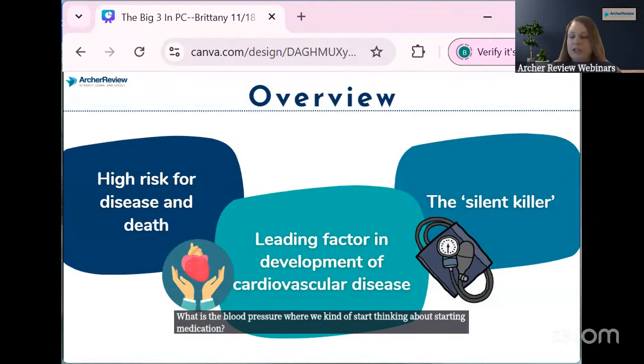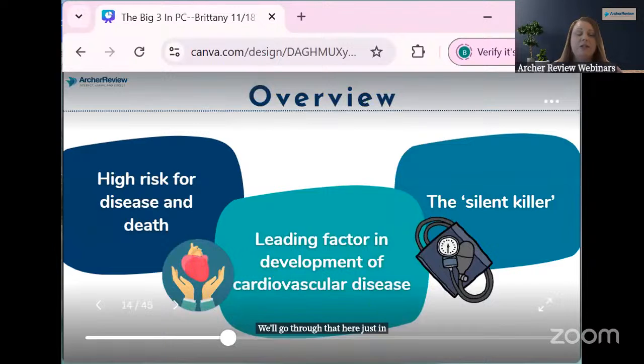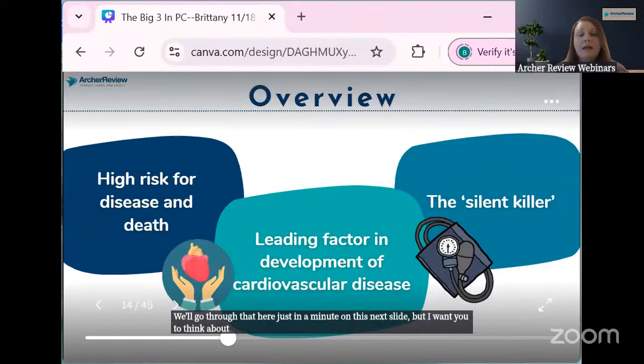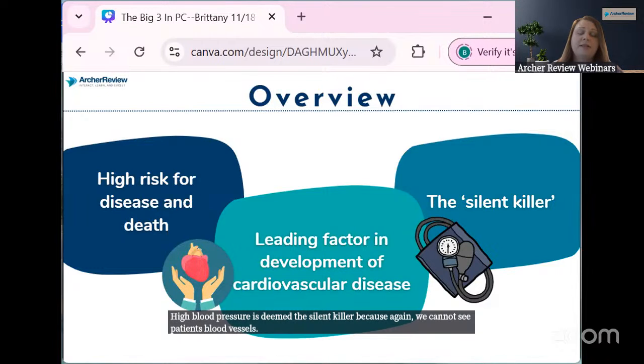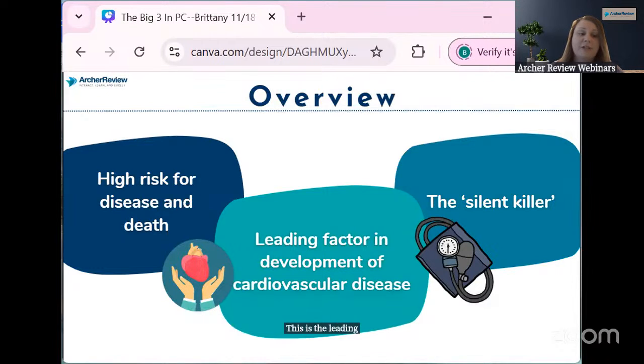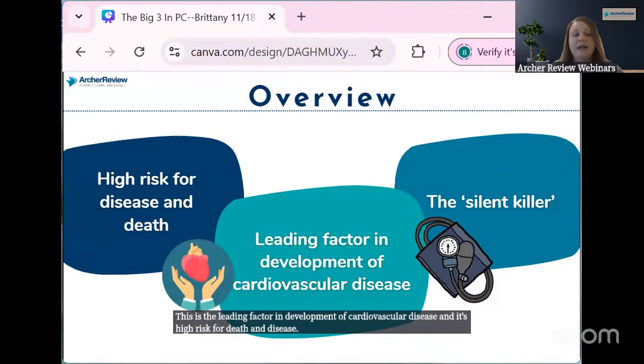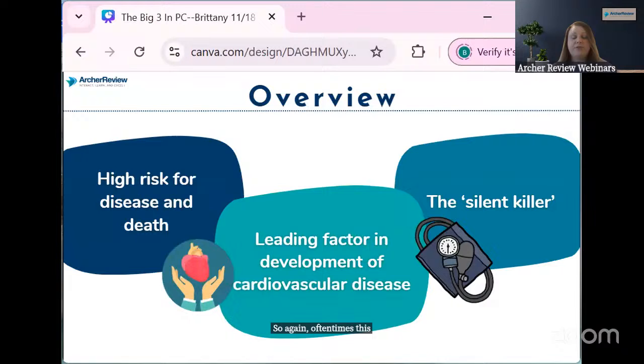We'll go through that here just in a minute on this next slide, but I want you to think about this. High blood pressure is deemed the silent killer because, again, we cannot see patients' blood vessels. This is the leading factor in development of cardiovascular disease, and it's high risk for death and disease. So again, oftentimes this hypertension goes unnoticed for years and years, and the damage is already done to the vessels,